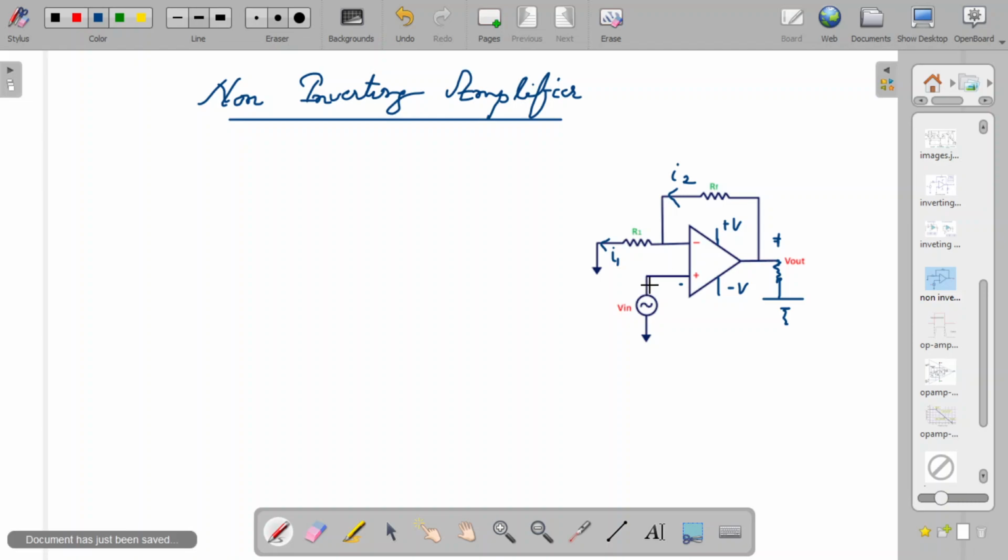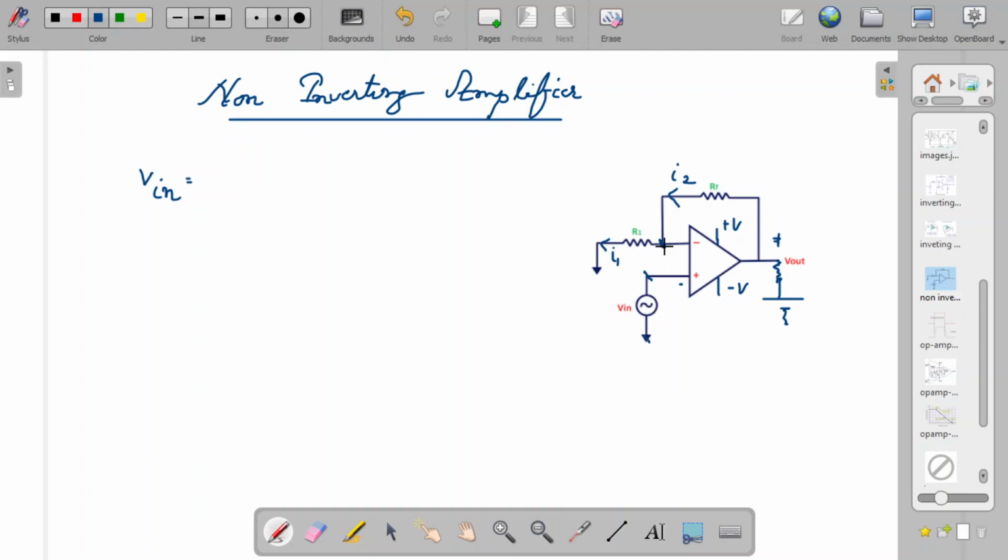Okay, now let's talk about the input voltage Vin. How can I equate this input voltage? Now you'll see the voltage across these two junctions is actually Vin. Or you can say that the voltage at this point is actually Vin. Now you see what should be the voltage at this point, and this point also. This is similar to this.